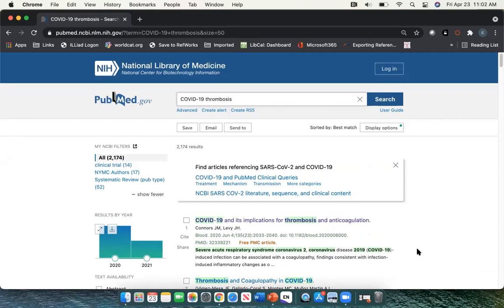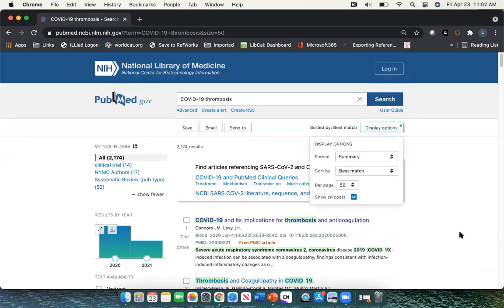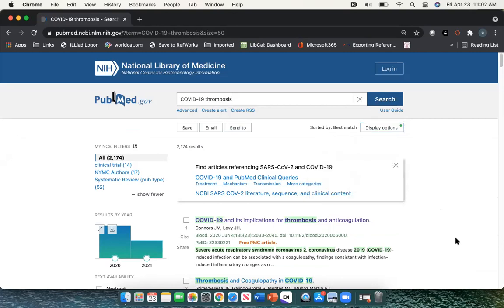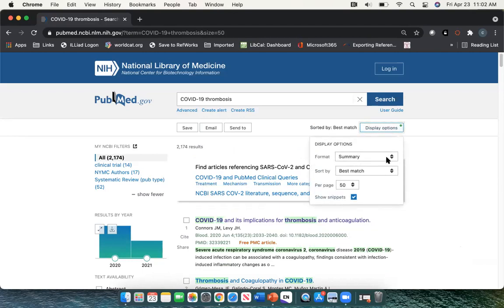Okay. What I want to do here is I want to show you PubMed defaults directly to sorting by best match, sorting by relevancy. The articles that are most relevant to this subject or this topic search are going to be up front, all right? They're going to be the first articles, the first few pages of articles, I should say. All right. Now, here's where,